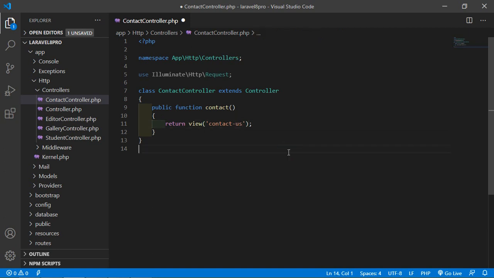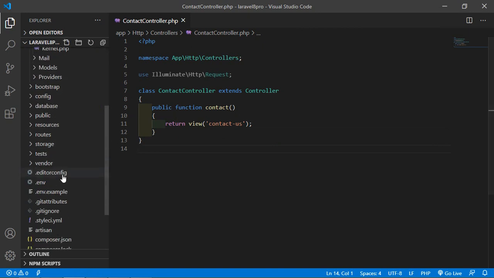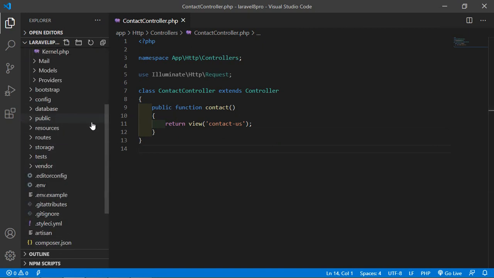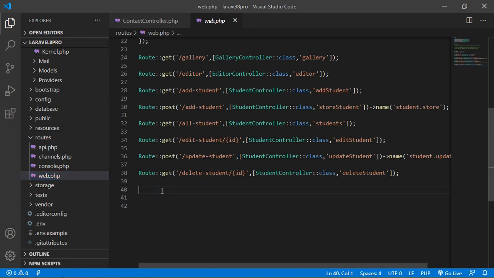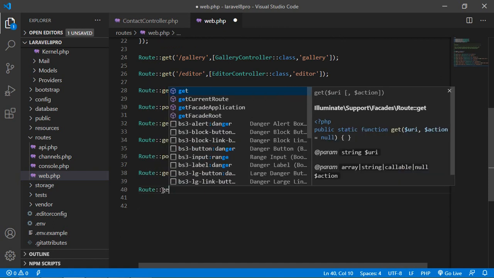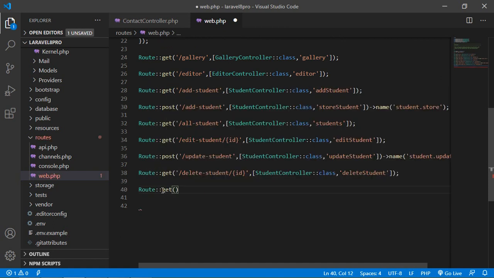Okay, now save this file and let's create the route for this function. Just go to the web.php file. Inside the routes directory open web.php and here let's create a new route. Just write Route::get, add the URI contact-us.